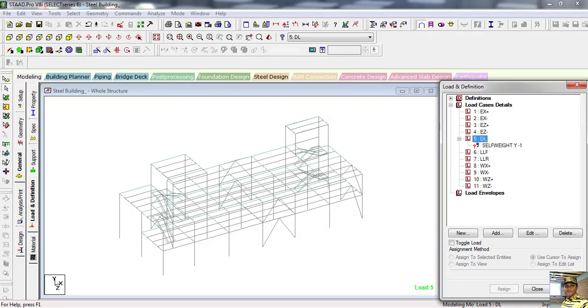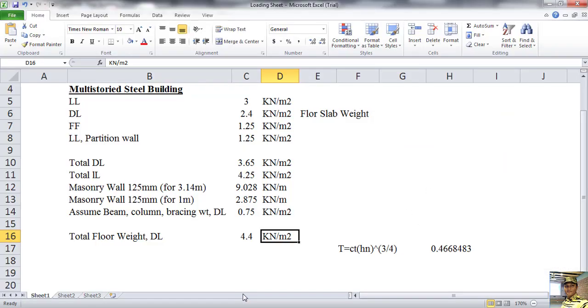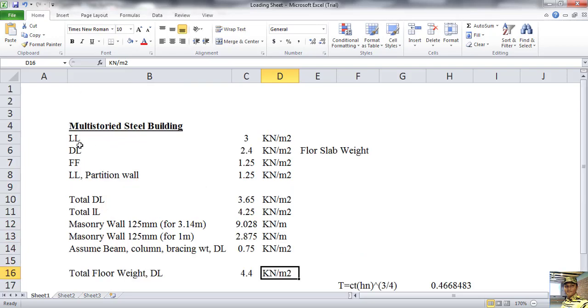Now see, I have picked one Excel sheet here. I will show you live load 3 kN per square meter, dead load 2.4, that means 1 meter, and our slab thickness 100 mm, 0.1 meter, and 24 is our concrete unit weight, 24 kilonewton per cubic meter. In this case we get 2.4 kilonewton per square meter dead load.